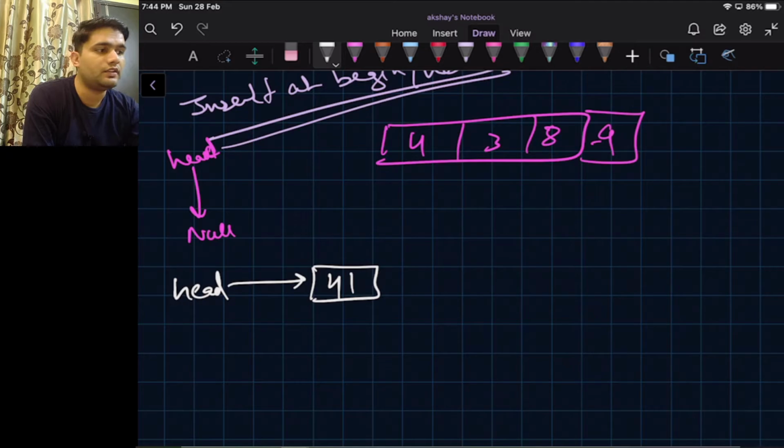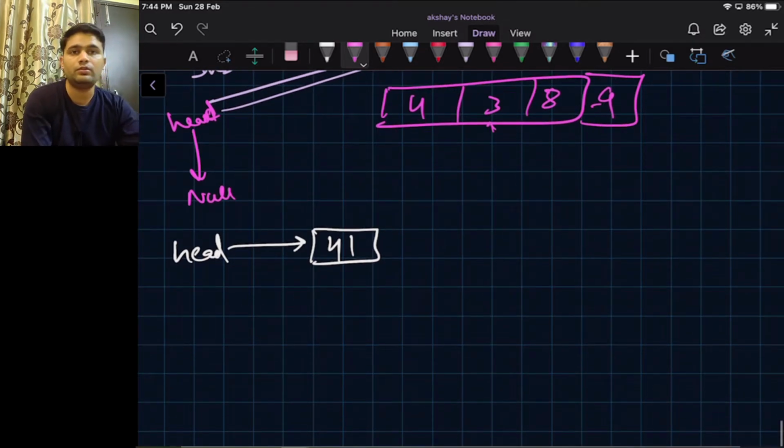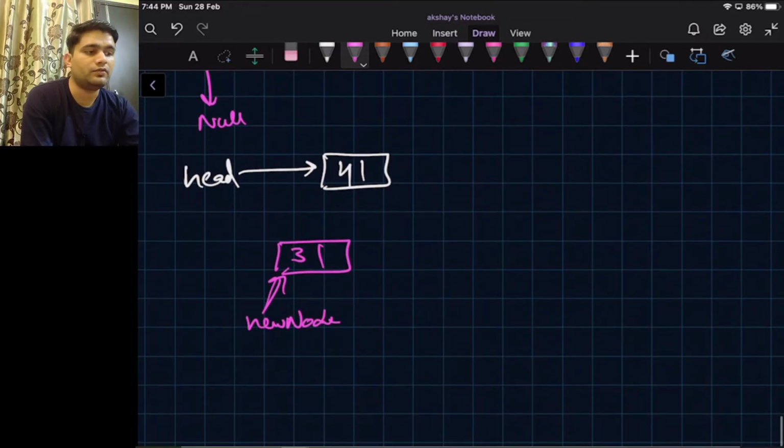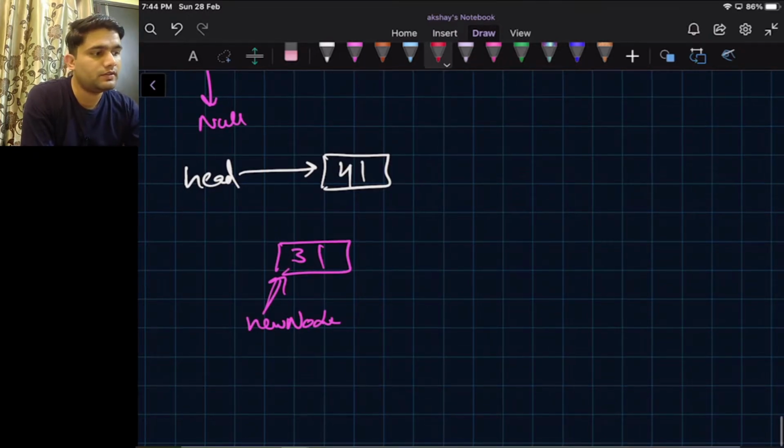Okay, after that we wanted to insert 3 in this. So what we can do, inserting at head, we will create a new node first. A new node pointer will be here. Okay, now we will do new node dot next is equal to head.